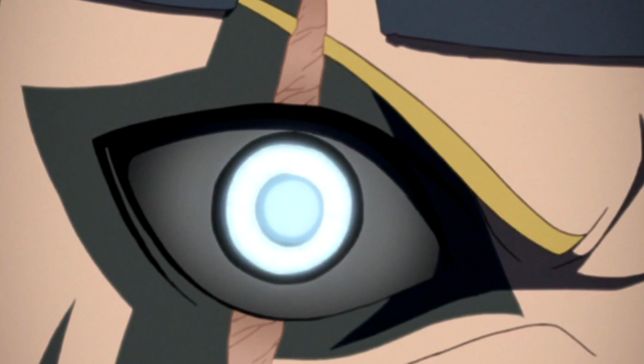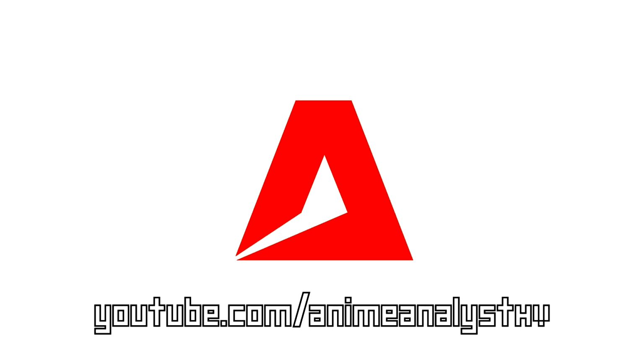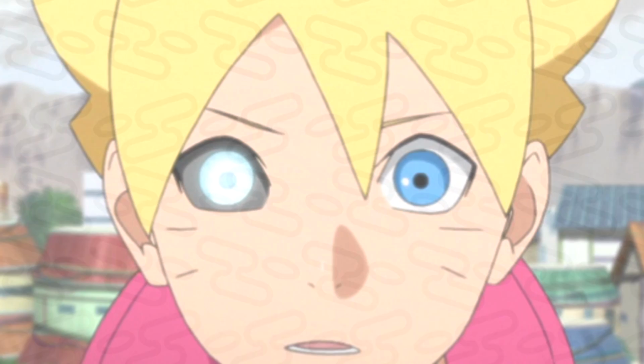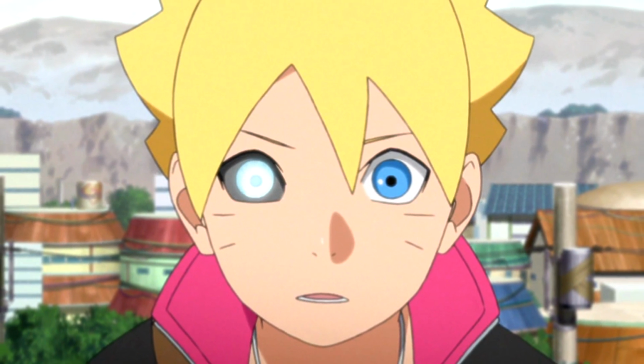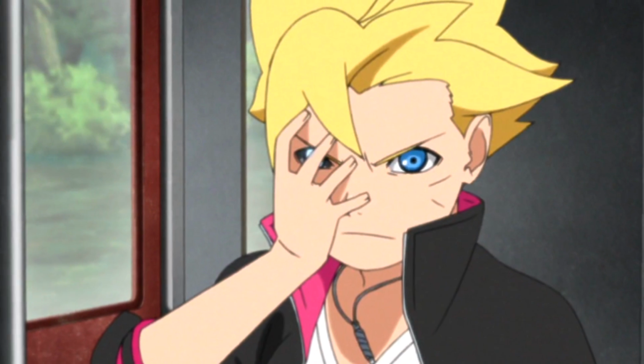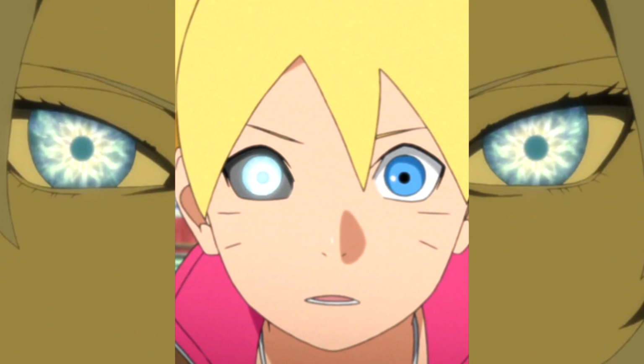Is Boruto's new dojutsu a mutation of both Byakugan and Tenseigan? Alright, so during the first episode of Boruto Naruto Next Generations, Boruto unconsciously activated a dojutsu in his right eye. So from first glance it has the color of Tenseigan, but when further analyzed it doesn't really have the features